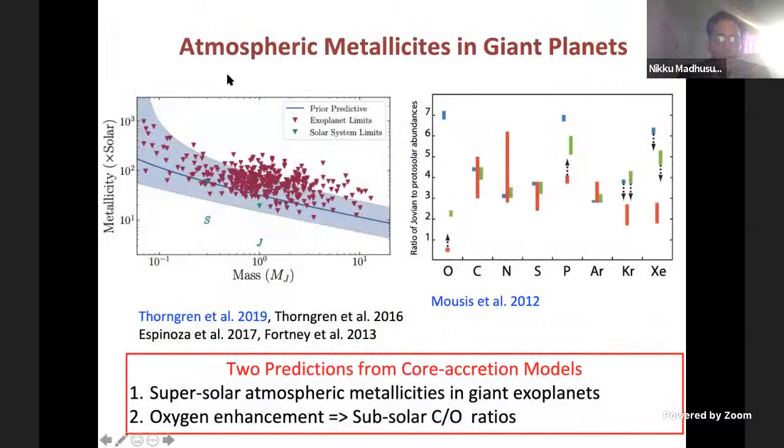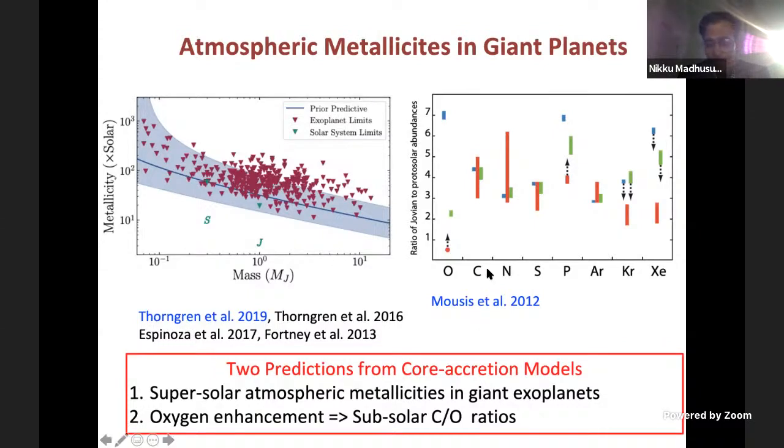Now, when we go to exoplanets, the prediction has been that as you go lower in planet mass, your metallicity should increase. That's because smaller planets are more prone to accreting more solids and relatively less hydrogen, so you get more and more metallicity. So two predictions from core accretion models over the literature over time has been that you expect supersolar atmospheric metallicities in giant exoplanets